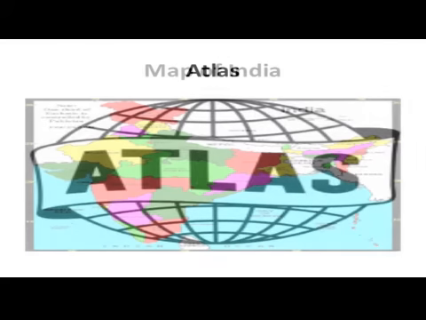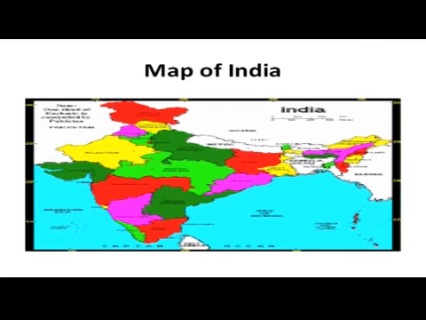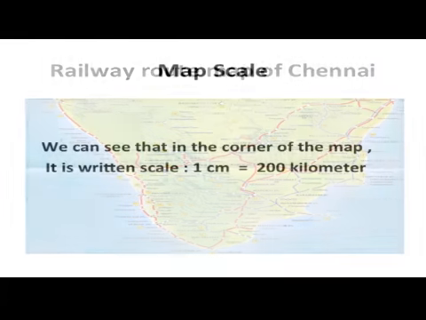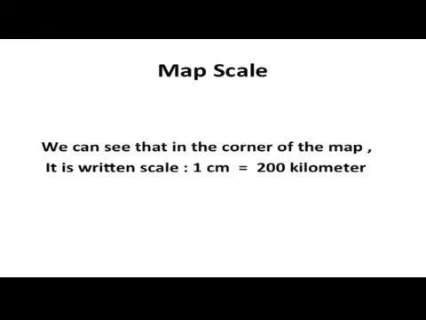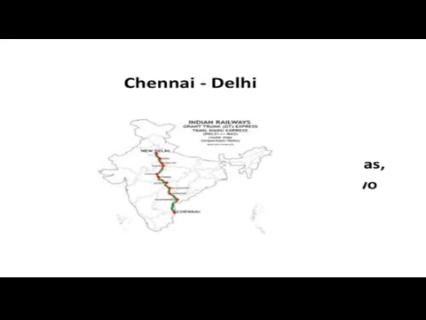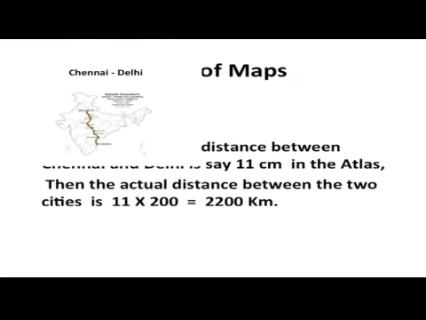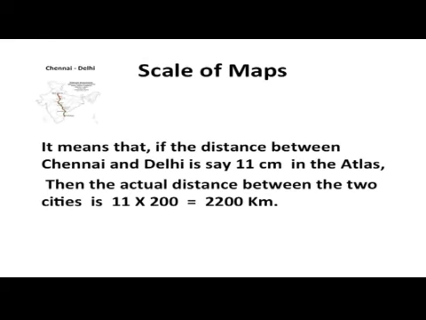Take your atlas and look at the map of India showing railway routes, or look at the road map of Chennai. We see that in the corner of the map it is written as scale 1 centimeter is equal to 200 kilometers. What does it mean? It means that if the distance between Chennai and Delhi is say 11 centimeters in the atlas, then the actual distance between the two cities is